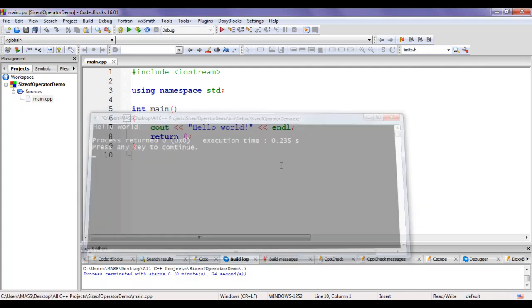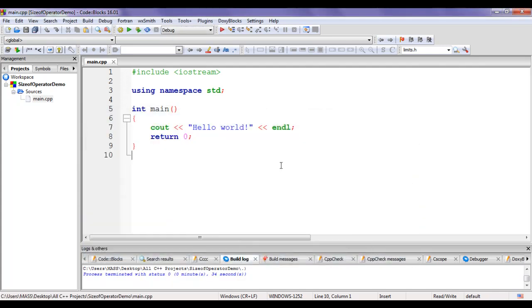If I hit enter, the console window will be closed. The hello world exclamation mark is displayed by the Cout. Cout stands for console output. It is linked to the console window. Whatever value we insert inside the Cout object, it is displayed in the console window, guys.